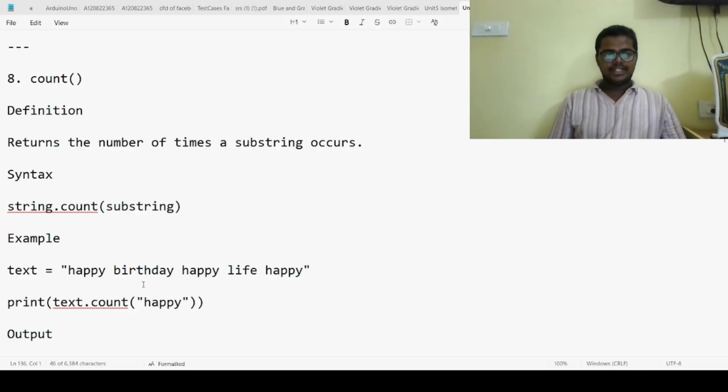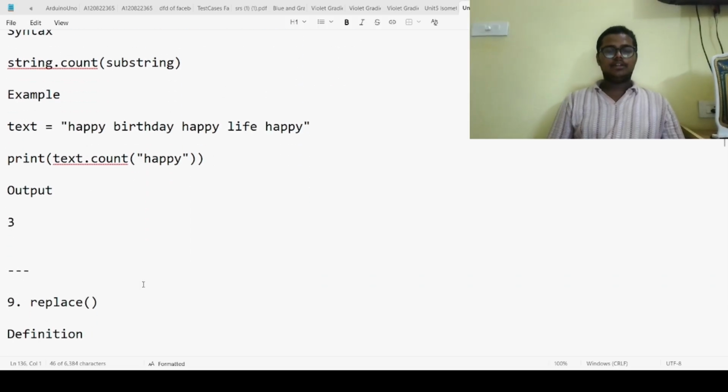So print text dot count of the string happy. So here the happy